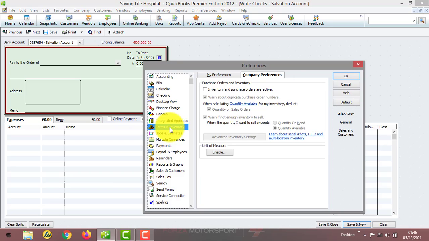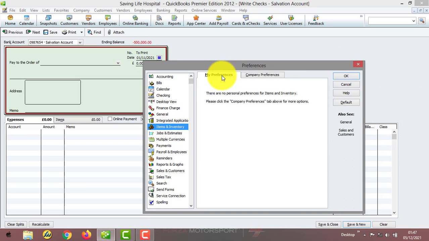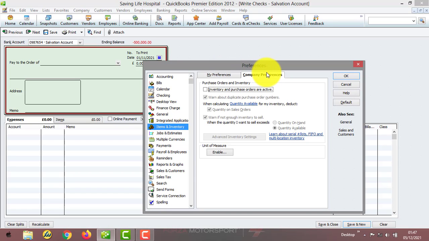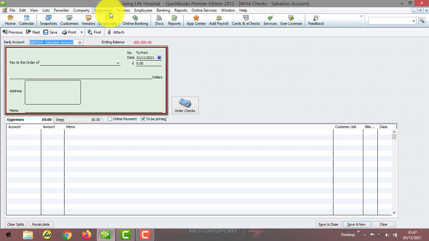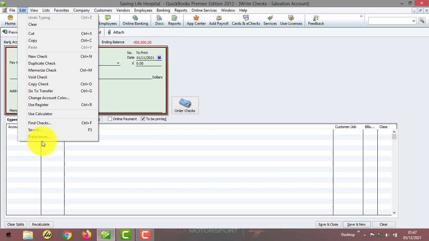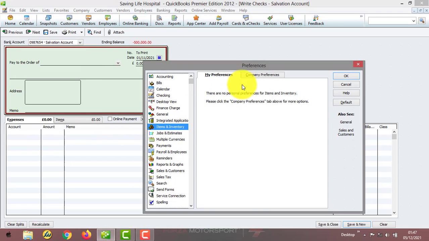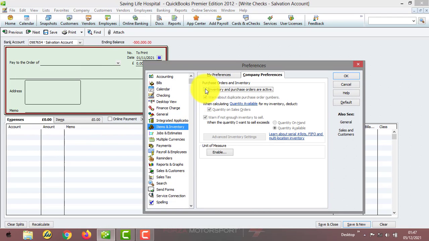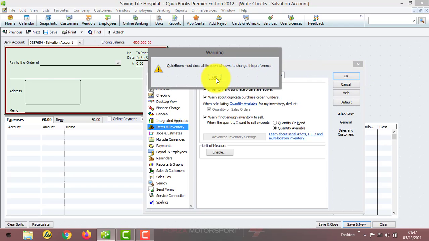Items and inventory. Under my preferences, we have no preferences. Under company preferences, we have first, inventory and purchase orders are active. What it means is that if you go to my vendors, you will notice that we only have vendor center, enter bills, pay bills, item list. So if I go back to edit, preferences, company preferences, if I click on inventory and purchase orders and I click on OK,